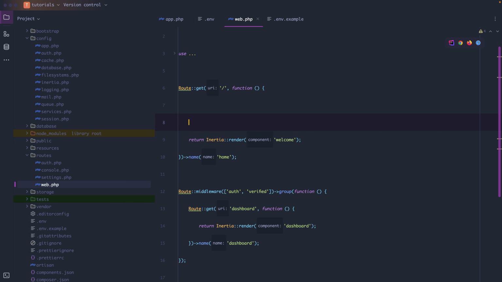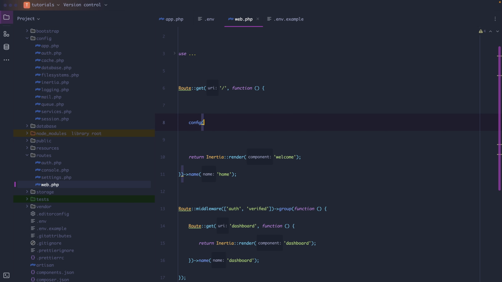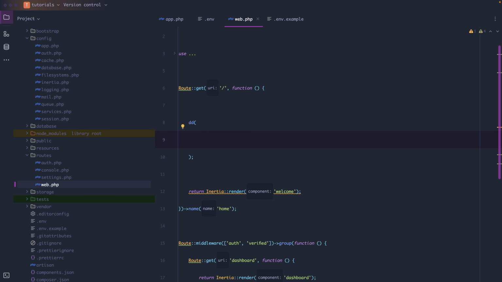And let's go right above the return statement. So I want to debug it. And in Laravel, you can do this through the dd helper function, which basically stands for die dump. Then inside of it, we can make a call to the config helper function. And what this allows us to do is to retrieve values from your configuration file in the config directory using the dot notation. Dot notation is a way of accessing nested array values or object properties using a string with dot separators. So we've got to pass in a string right here, and we've got to add the file name